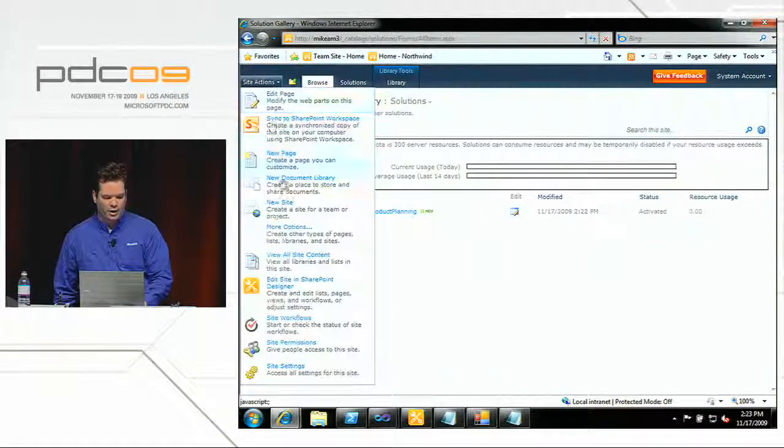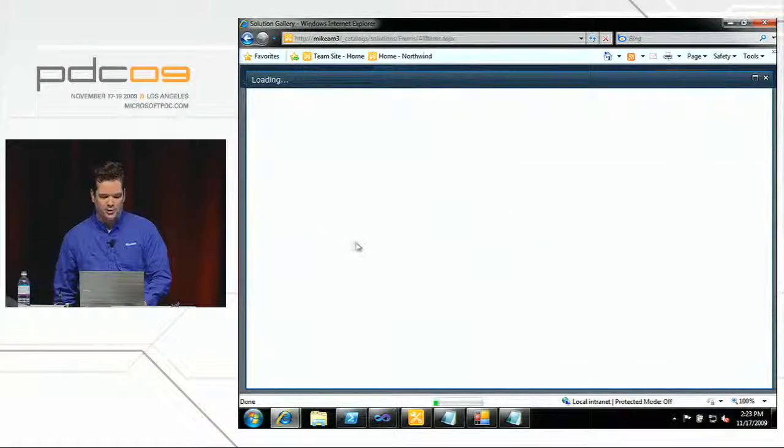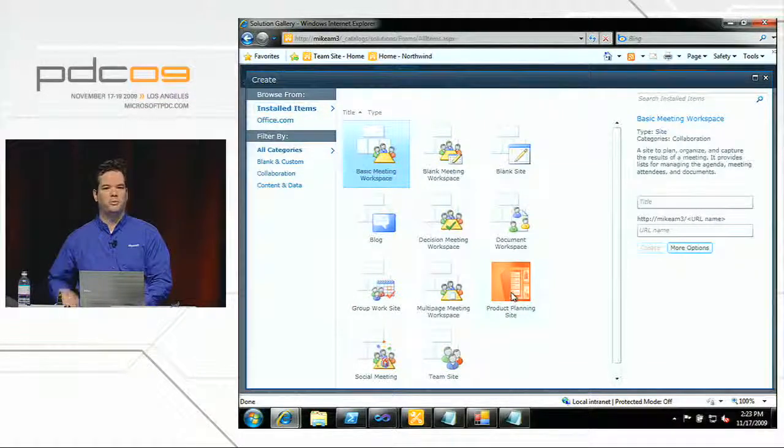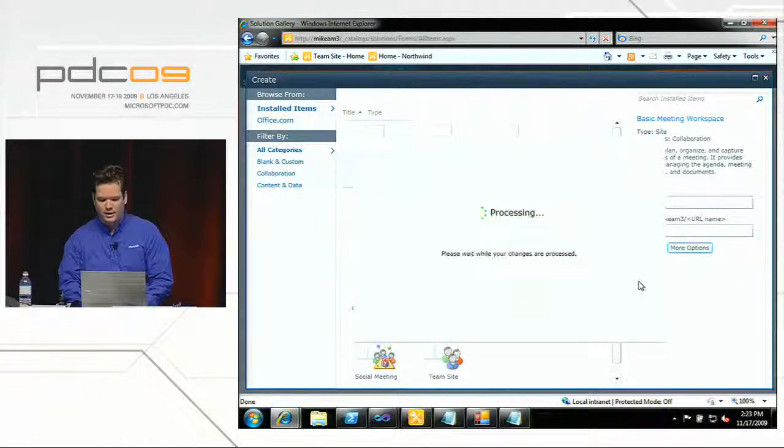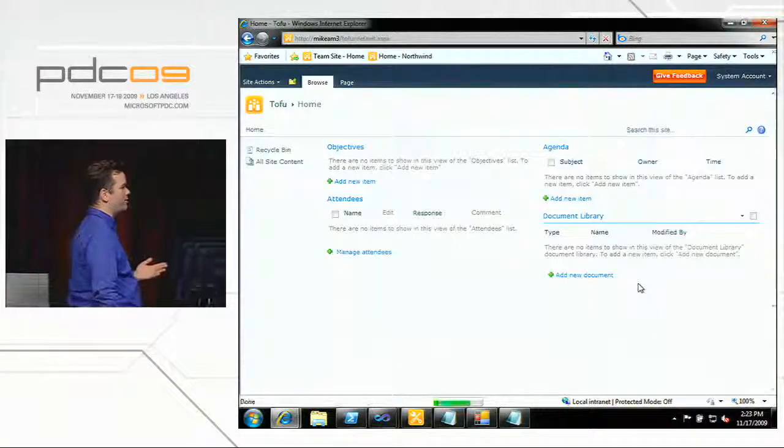Now when I go to the new site option, you'll see there's a new entry here called product planning site. This is a new site definition I deployed along with my solution. Say we're researching a new tofu product. What this will do is create a custom workspace for me. Oh,